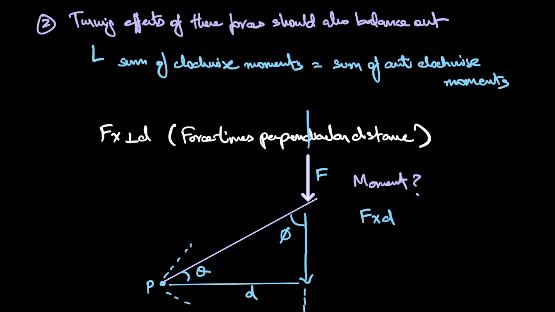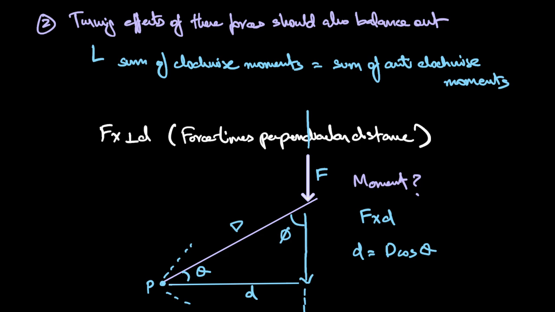Let's call the original distance we had capital D, and you need to find small d, which is the perpendicular distance between your force and the point about which we're taking the moments. So in case you've been given theta, you can clearly see you can apply cosine in this case, right? Since d is adjacent to theta. So d would be equal to D